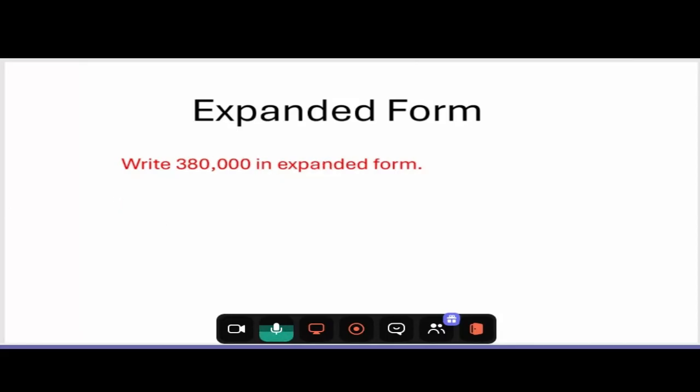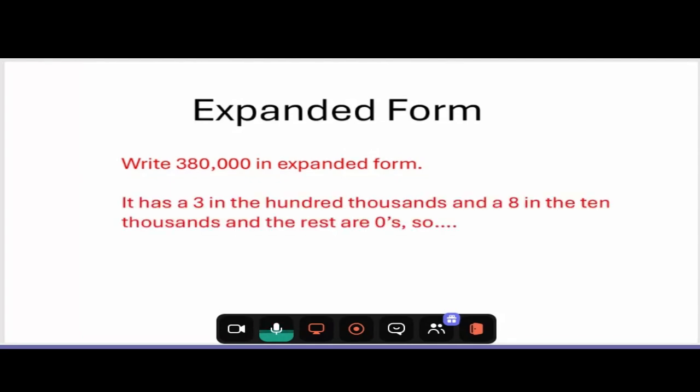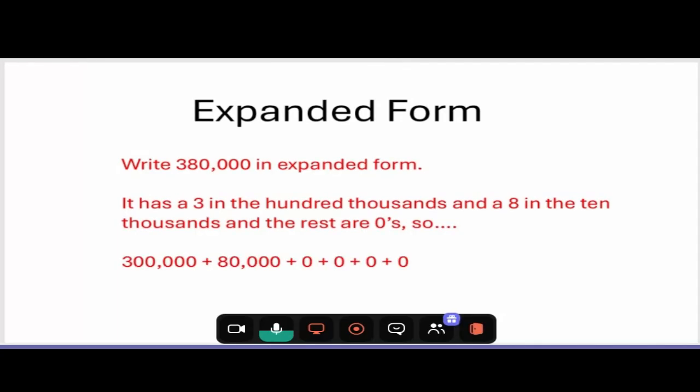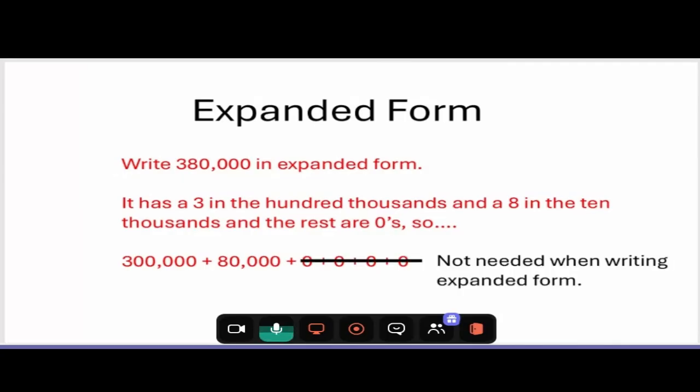Let's write 380,000 in expanded form. Well, we have a 3 in the 100,000s position, and we have an 8 in the 10,000s position, and all the rest are zeros. So technically it's 300,000 plus 80,000 plus 0 ten-thousands, plus 0 hundreds, plus 0 tens, plus 0 ones. Of course, adding 0 doesn't do anything, so we don't really need to write those down when we write expanded